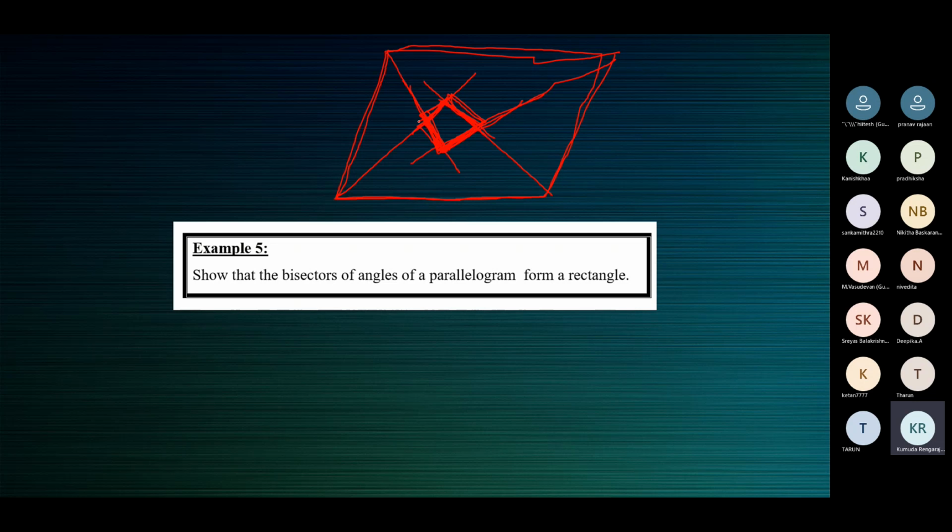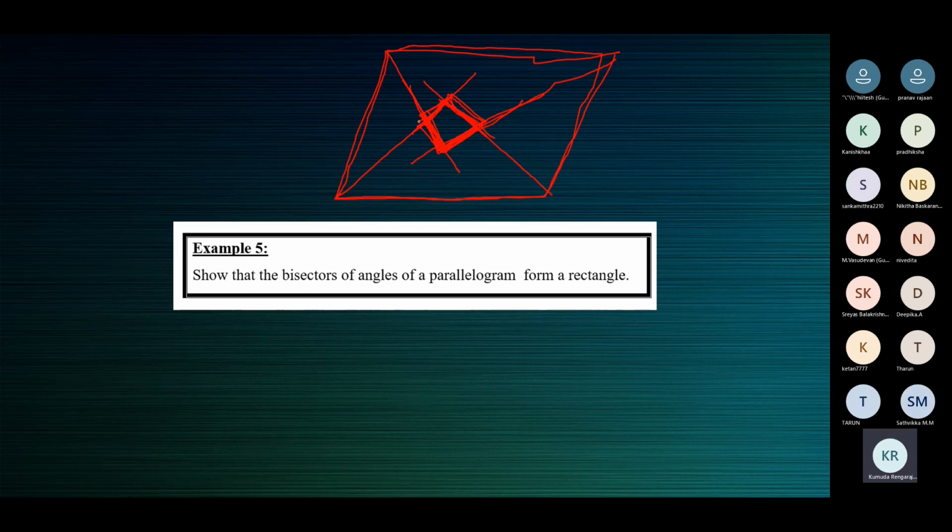Diagonals bisect each other. Diagonals are unequal. We are going to use this property that in a quadrilateral, when both pairs of opposite angles are equal, it's a parallelogram. And later, after proving that the quadrilateral is a parallelogram, we'll prove that one angle is a right angle. One angle is a right angle, so it's a rectangle.